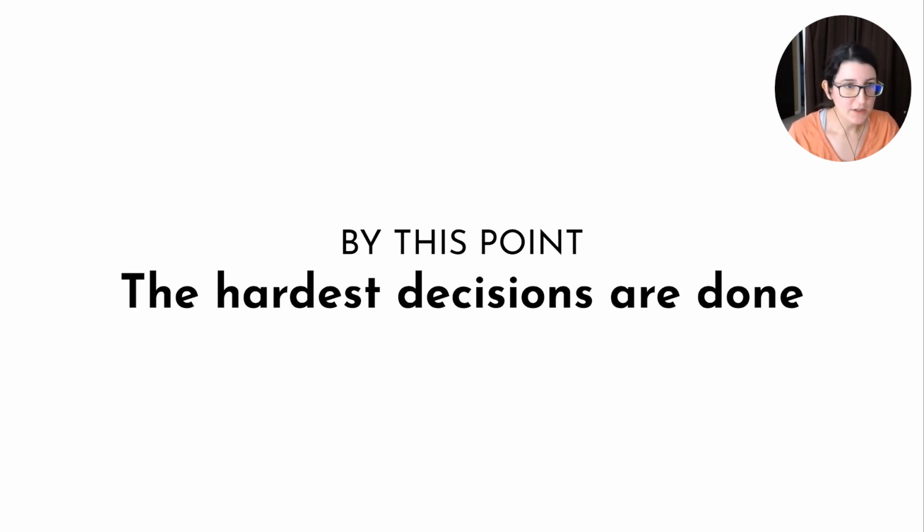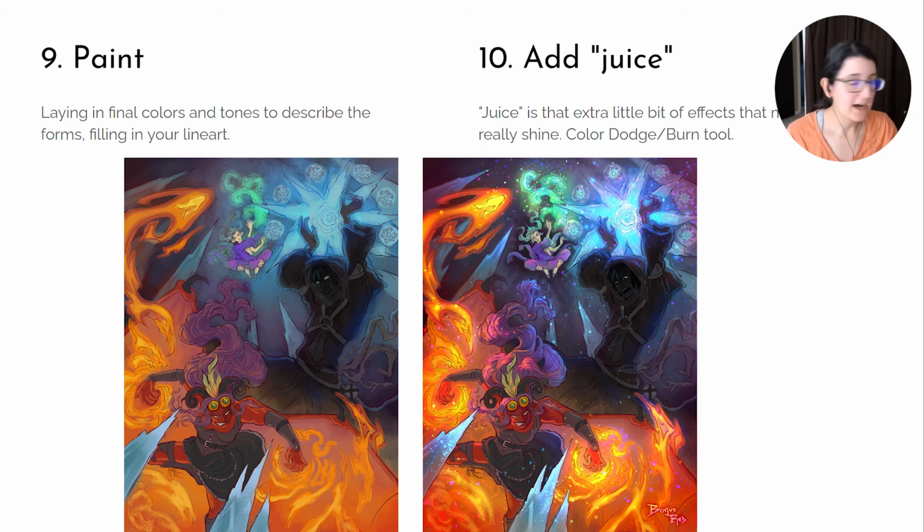We figured out what the color's gonna be. We figured out what the tones are gonna be. We figured out the composition, the lines, and everything. And now it's just a matter of putting it all together. So I've got steps 9 and 10 on the same slide here. Step 9 is, you probably know this already, you're just painting it in. Filling it in, painting in your colors, putting in the lights and the darks with the colors you picked out from your color comp. And then the final step is you add just a little bit of juice or secret sauce that makes the piece really shine.